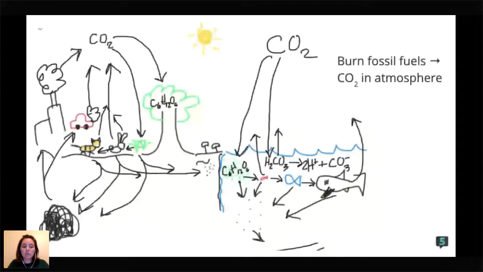So this carbon that was stored down here in the fossil fuels as a hydrocarbon chain is being extracted and combusted, and then that remaining carbon dioxide is being released into the atmosphere. So the cycle that was pretty balanced, we've now unbalanced, because we're taking all of this that took hundreds of thousands of years, if not millions of years, to be stored in the ground, and within a couple hundred years, we're taking a lot of it out of the ground and putting it back into the atmosphere really quickly.